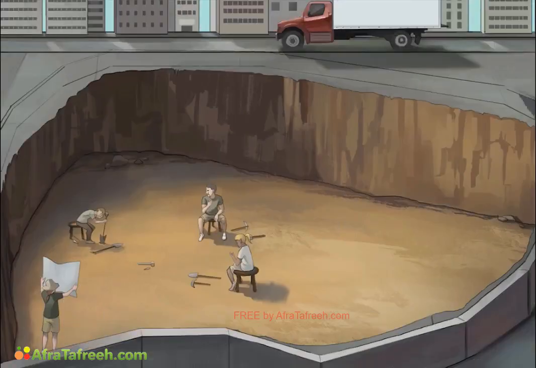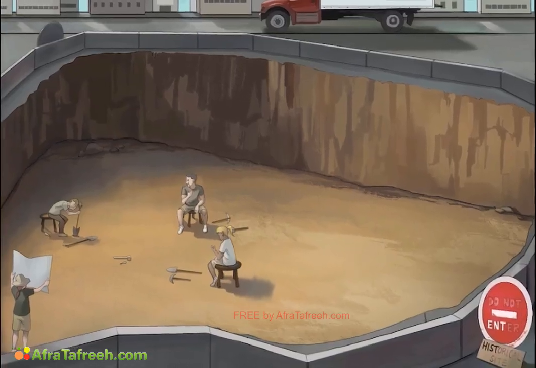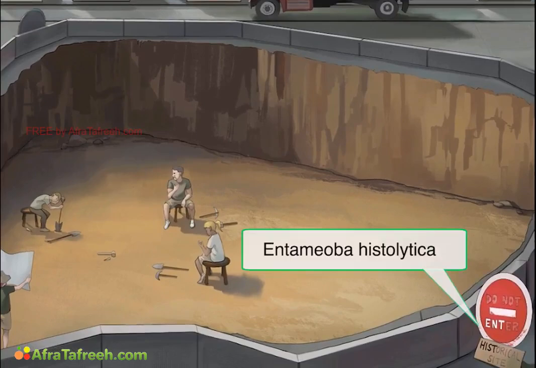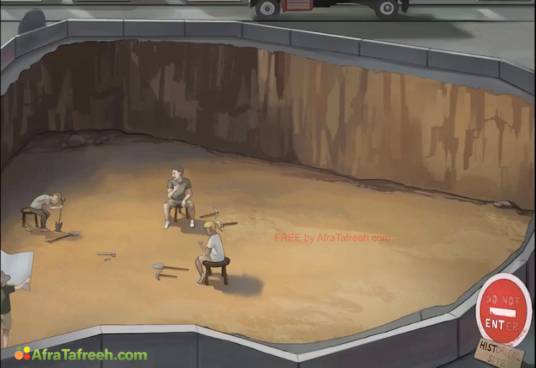We're drawing this sign down here at the bottom right that says "Do not enter historical site." We bolded Ent and Hist, of course, for Entamoeba histolytica. So, just curious, what do you think about the shape of the dig site? I hope you're thinking, gee, that looks like a liver, because if so, you're a Sketchy Microbe pro. And I'll get to why it looks like that in a little bit, but first let's talk about transmission and